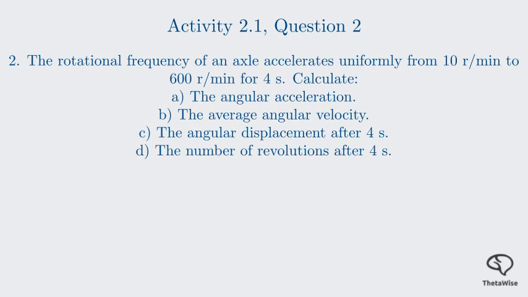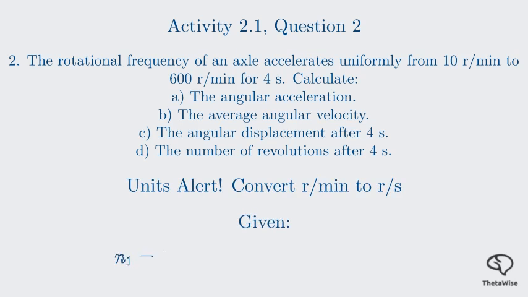The most important step here is to ensure all our units are consistent. The frequencies are given in r/min, but the time is in seconds. We must convert the frequencies to revolutions per second. The initial frequency, N1, is 10 revolutions per minute. To convert to seconds, we divide by 60, giving us approximately